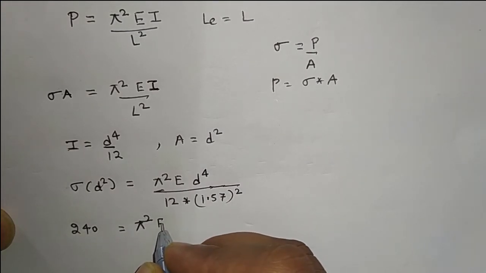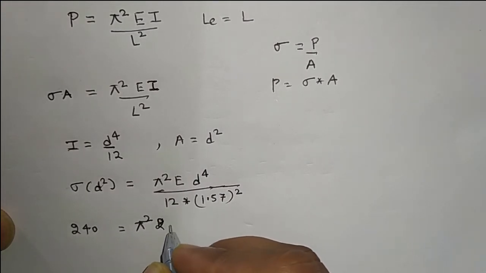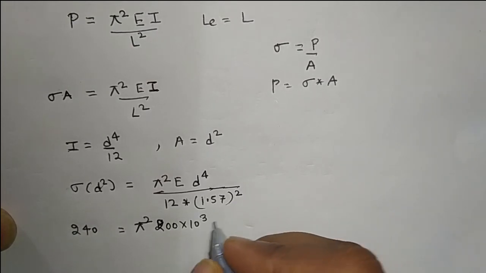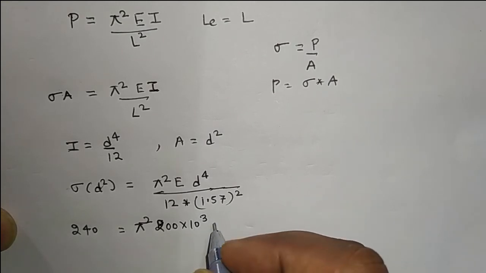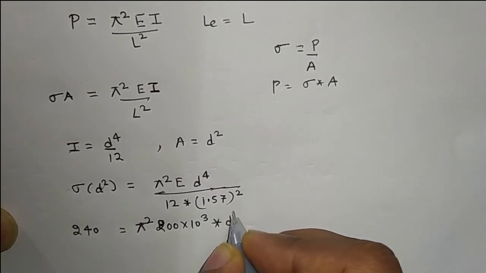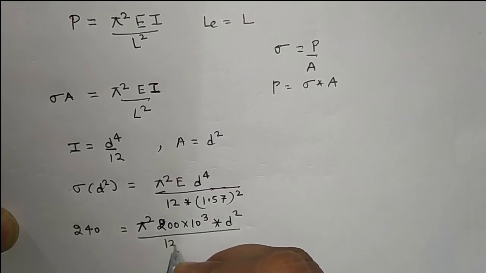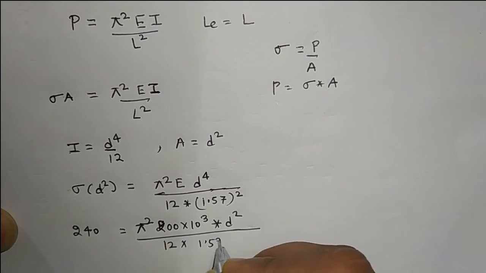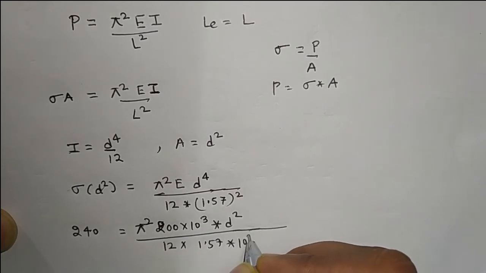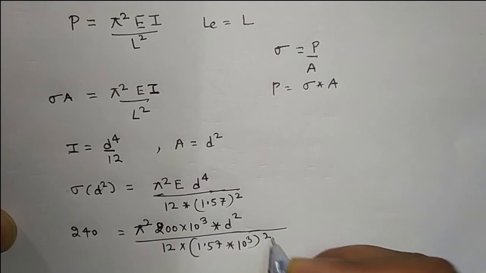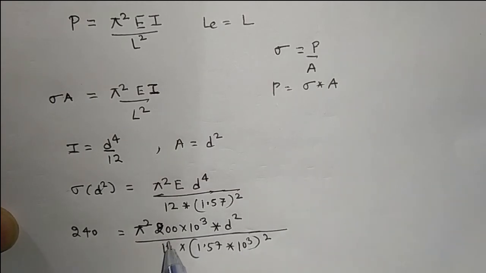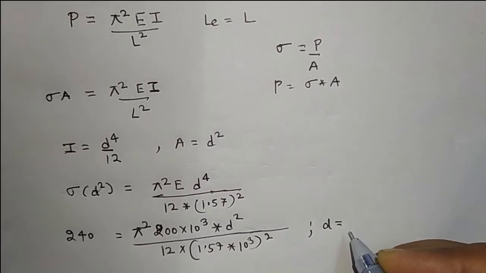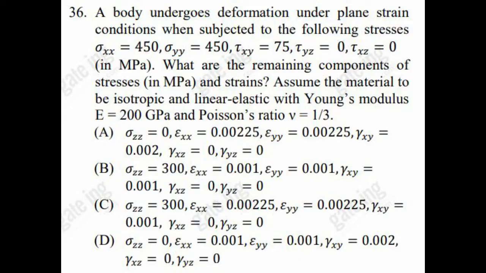E is given as 200 gigapascal, so 200 multiplied by 10 to the power 3, in Newton per millimeter square, into d square divided by 12 into 1.57 into 10 to the power 3 in millimeter, whole square. So we have to solve for the value of d. After solving this equation,